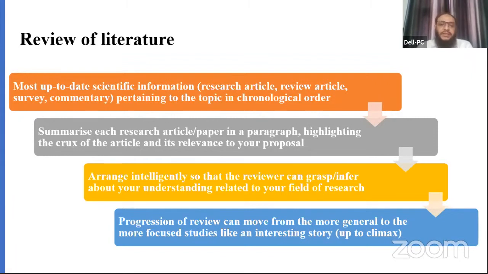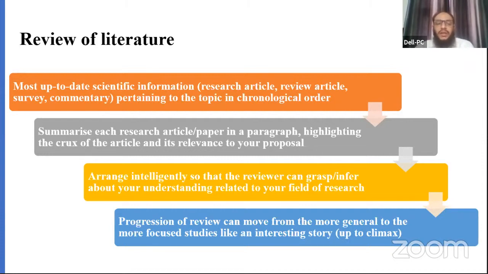Then summarize each research article or paper which you are studying for writing your literature in a single paragraph, and the concise paragraph is going to be highlighted in the form of a crux in your proposal. Then arrange intelligently so that a reviewer can grasp or infer your understanding related to the field of research.